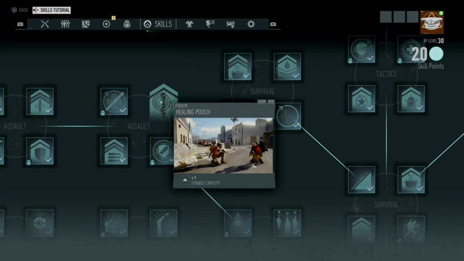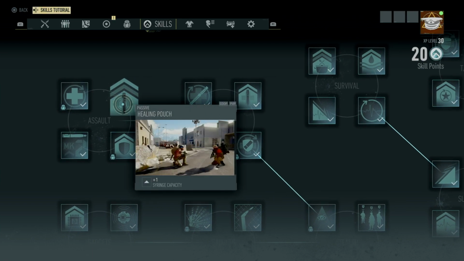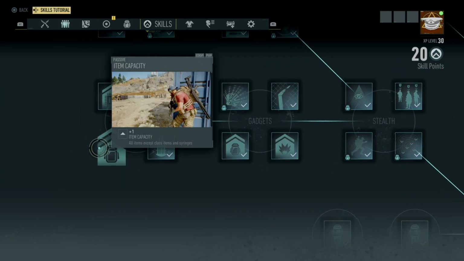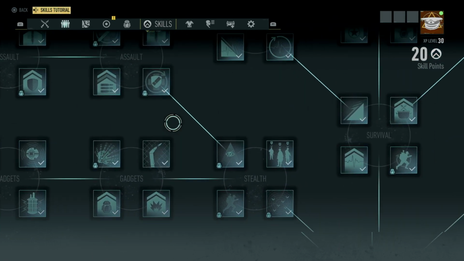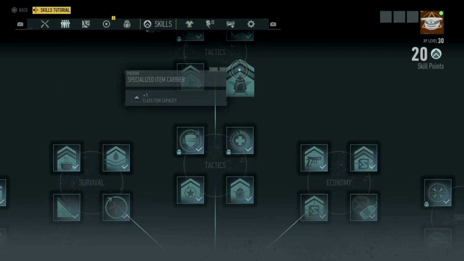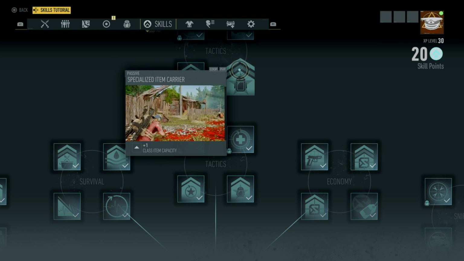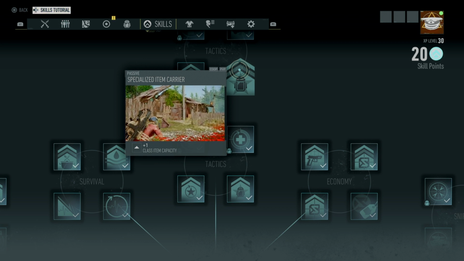Next would be anything that basically gives you an increase in your capacities. So your syringe capacity, your class technique capacity, your item capacities, all these would be very useful to go for, because you're getting increased capacities in those. You want to get those. You want to make sure you can have enough room so you don't have to always go back to base